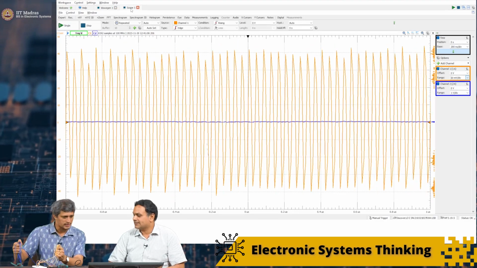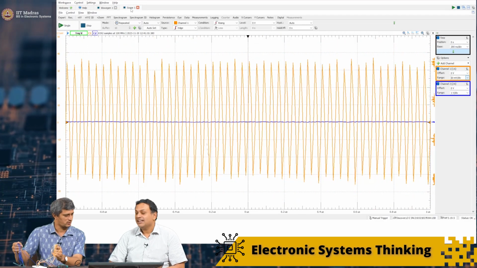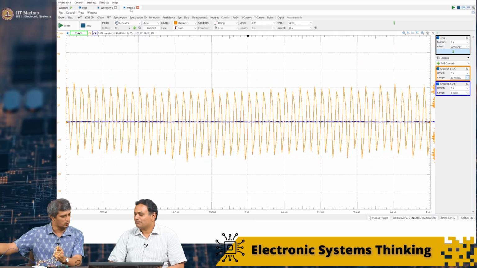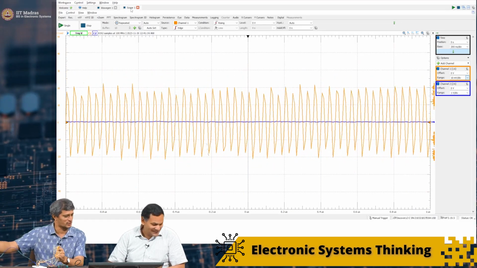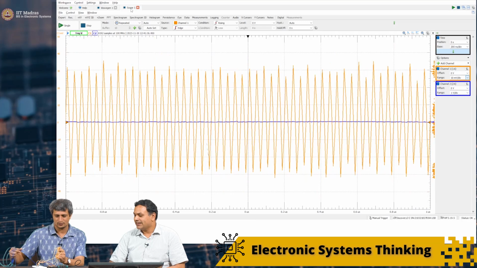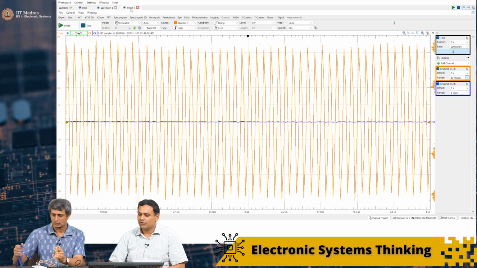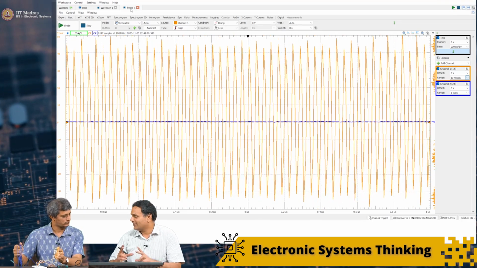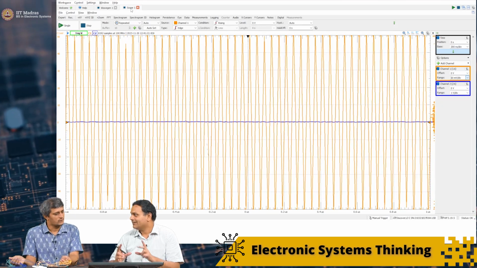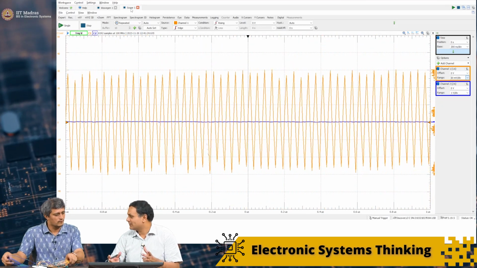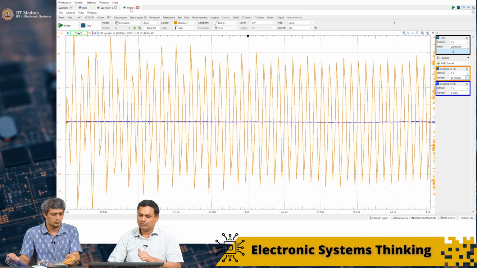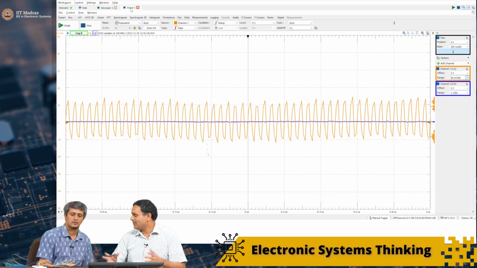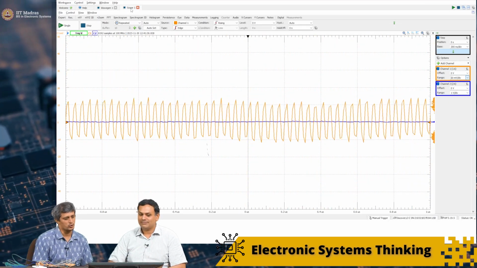This depends on the number of loops. So if I go far away and remove one loop, the efficiency changes. So it depends on many things. The field of antennas is a fairly involved field, obviously, and there are a lot of aspects to antennas. But I think we have done a basic experiment to show that the